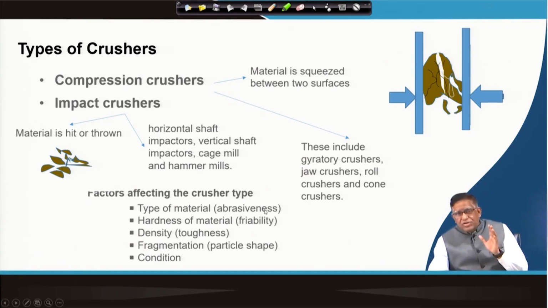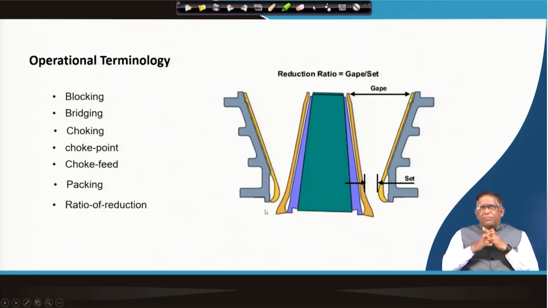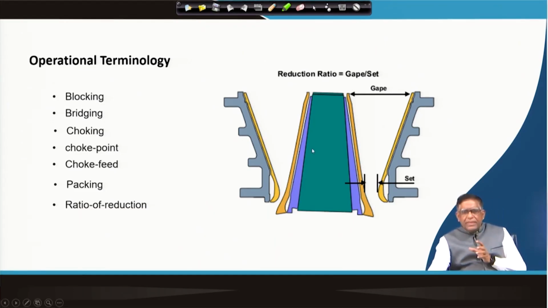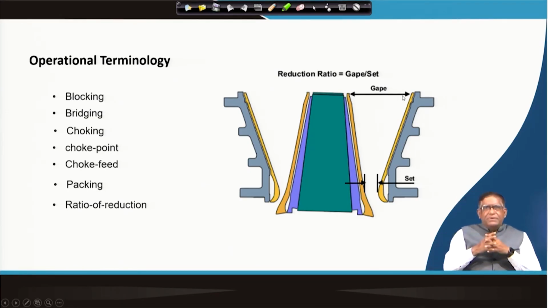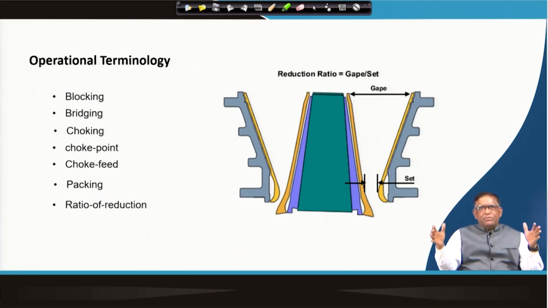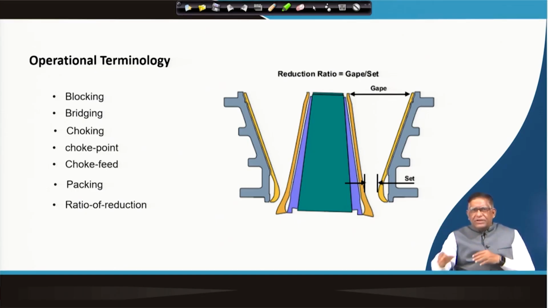So, the selection of crusher is also a big job. Now, you have seen in the gyratory crushers, last time we have discussed that the material is fed into it, and the gap at the point where it comes inside will determine your feed size, how big a size of material you can take, and then you find out after it is crushing,